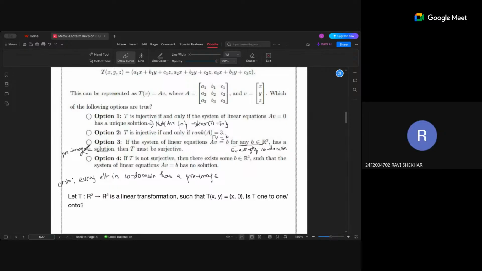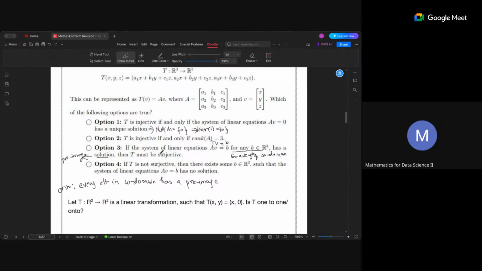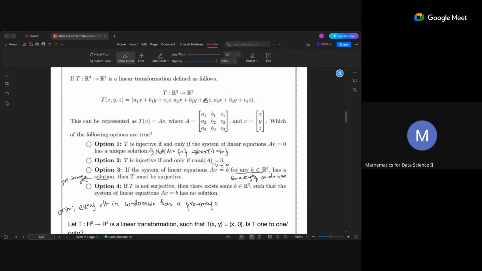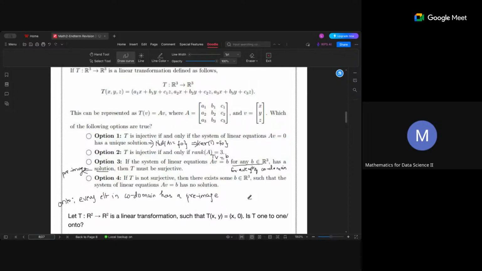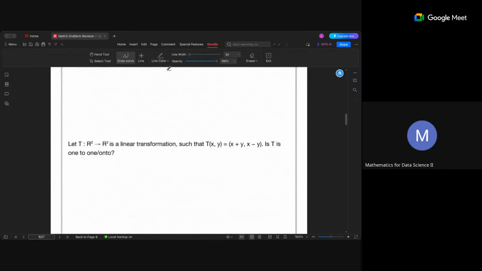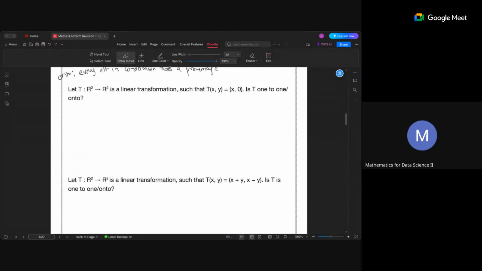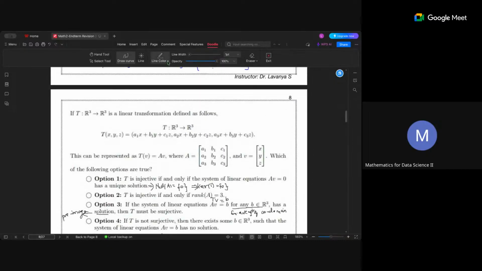Ma'am, from option 3, can we conclude that the transformation matrix is isomorphic? No. Here we are only talking about surjective. We are not talking about injective. But anyway, since the transformation is from R3 to R3, you know that it is onto and one-to-one also. I don't know whether I have stated this result somewhere else, but anyway,